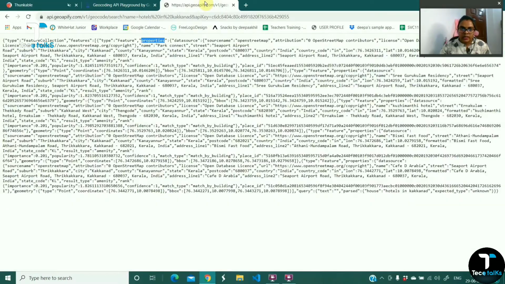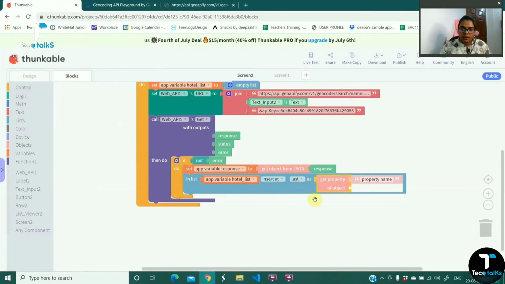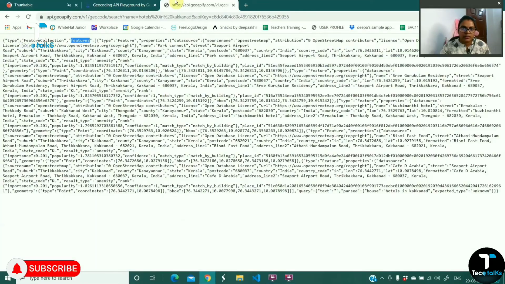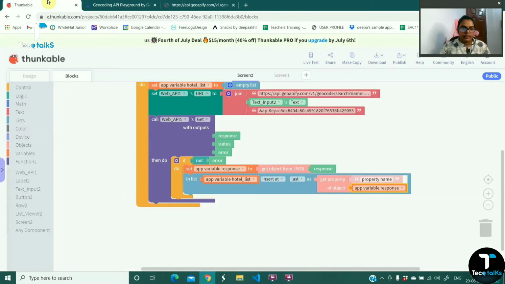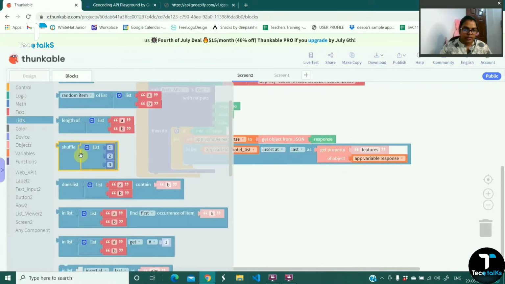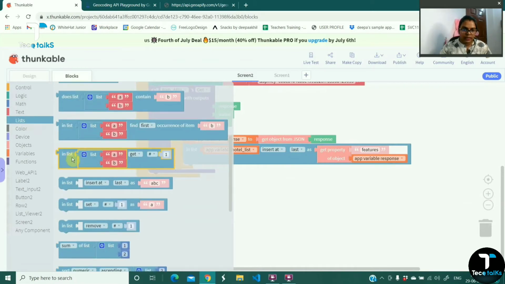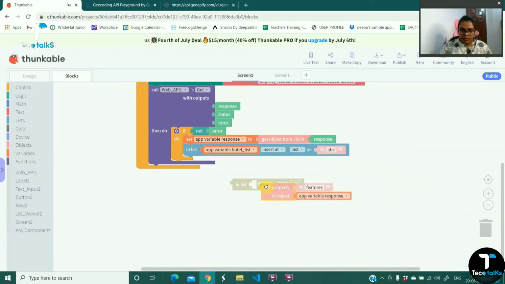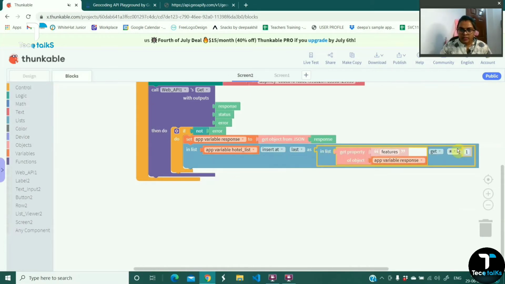We need to get it from our features. So I'm giving our response variable first over here, variable, then over here response, and this data that we have to copy from here and paste it over here. Once we do this, we will be getting the data as a list of values. For that I am going to list to get one by one. I'm going to this list and removing this value and putting it over here, and instead of this one we are going to change it with a variable I,